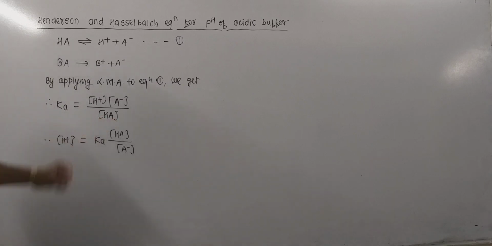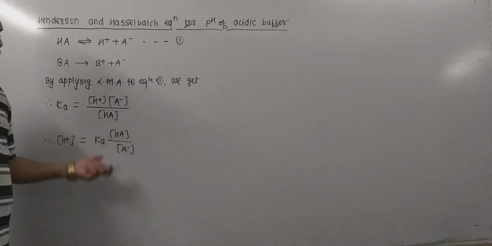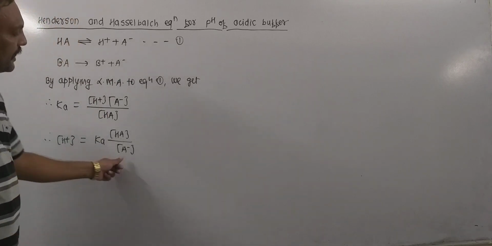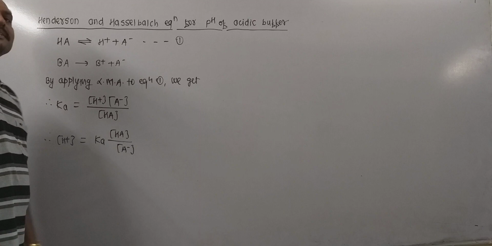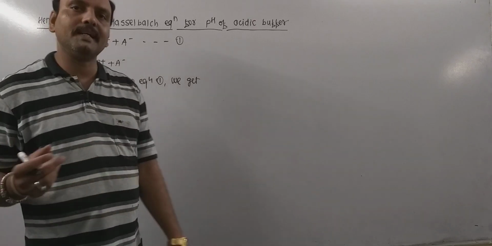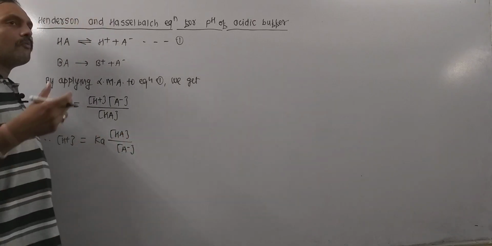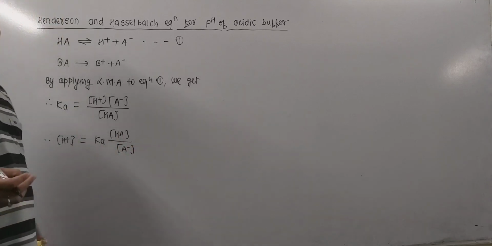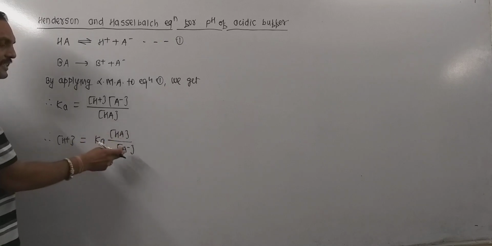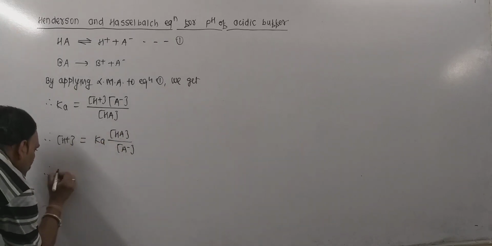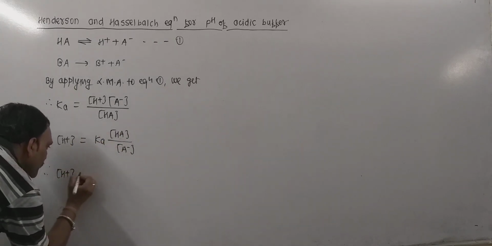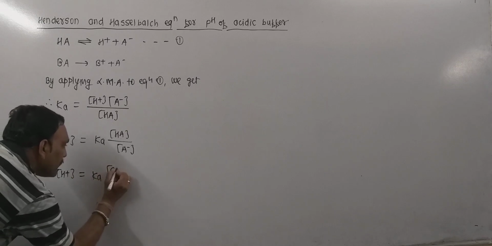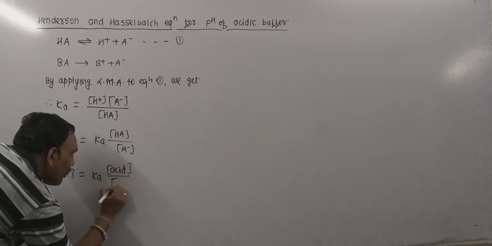Now HA is weak acid, so it almost remains undissociated practically, and A minus ion is one of the ions of salt and salt is strong electrolyte. So ultimately whatever salt taken is represented by A minus, so HA can be given as acid, and A minus can be given as salt. So this is written as concentration of H plus equals Ka into concentration of acid upon